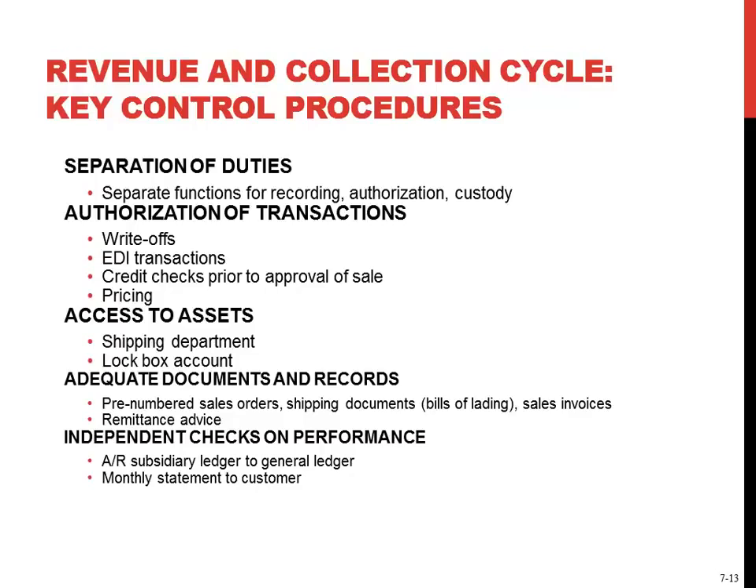You want to make sure that you're protecting or safeguarding your assets, so there should be controls over who has access to checks, who has access to shipping or inventory, things like that. That there are adequate documents and records, as I talked about the importance of pre-numbered documents, independent checks on performance, and that's basically that there are reconciliation procedures going on, and those reconciliation procedures are being